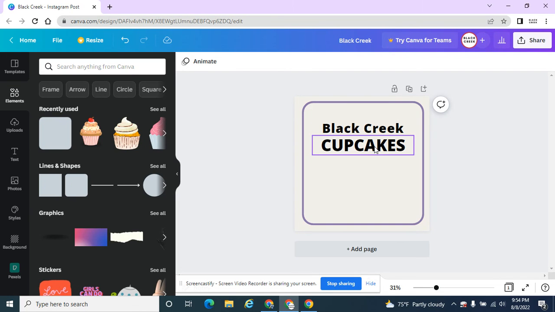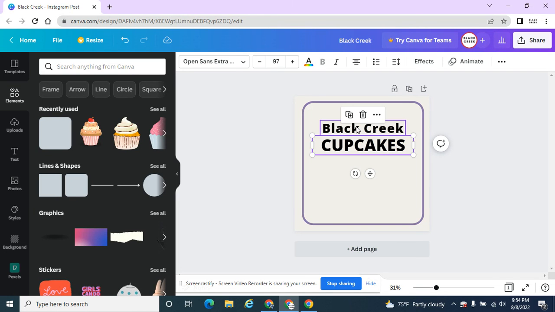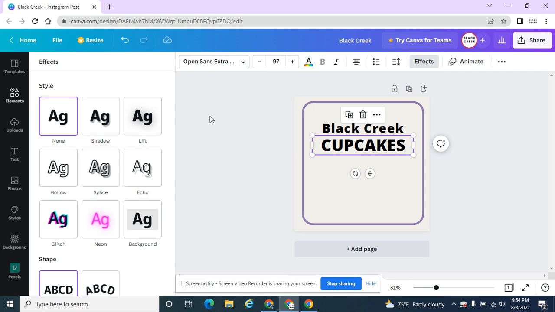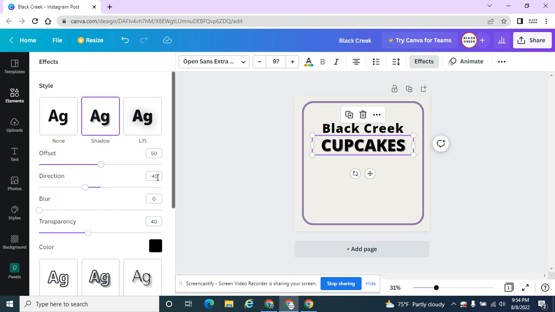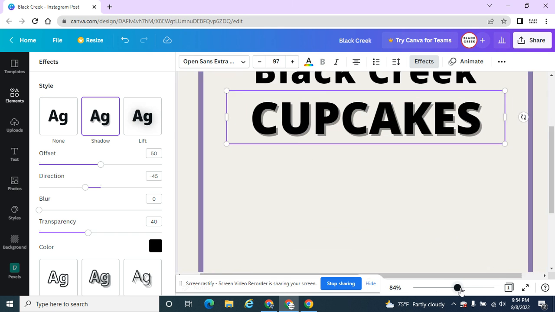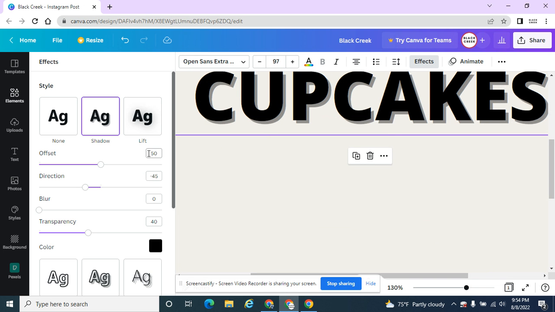Shadowings we know already with basic text. So if I'm making a little bit of a post about Black Creek cupcakes, I want to add an effect to this text that adds a shadow, and then from there I can zoom in on the text and I can see the shadow effect, and I can change how far it is away from the letters. I can blur it a little bit if I don't want it to so stand out,